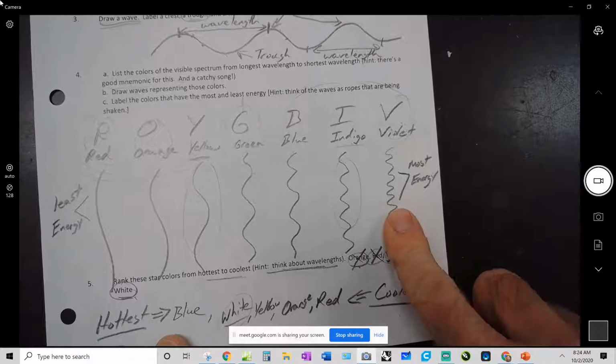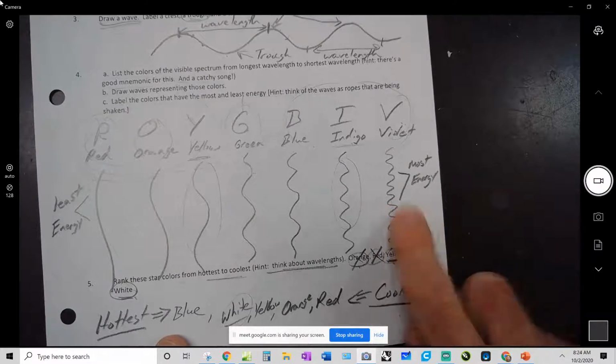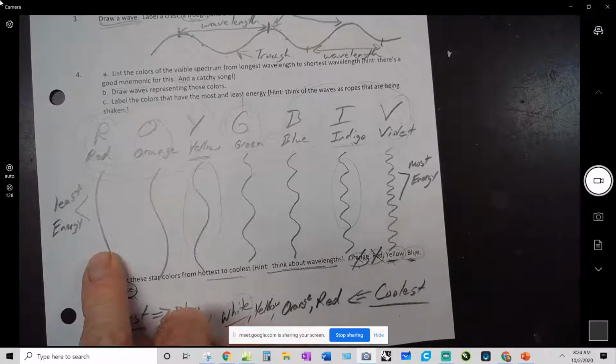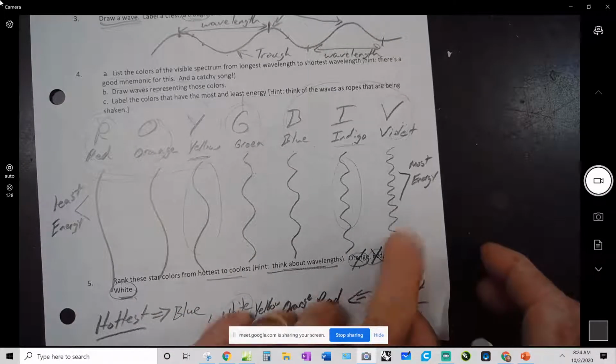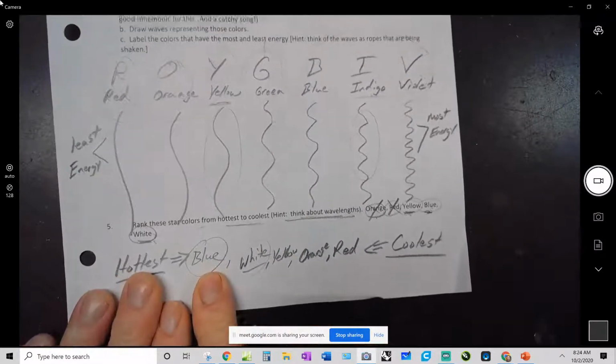The shortest ones, they have the most energy. If you tried to shake a rope and you wanted it to look like this, you'd have to shake really fast, like you saw me doing yesterday. In order to make the rope look like that, it wouldn't take much energy. So these have more energy, these have less, and that's why the hottest stars are blue, because the hottest stars